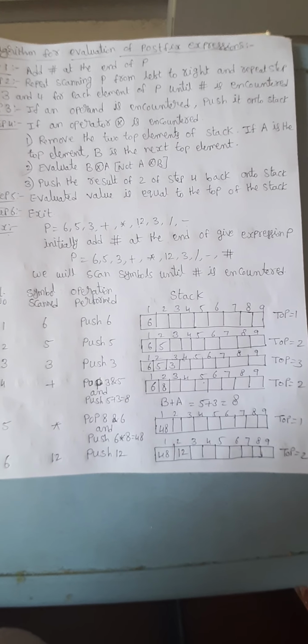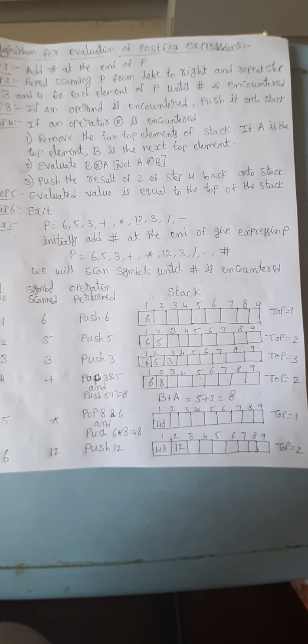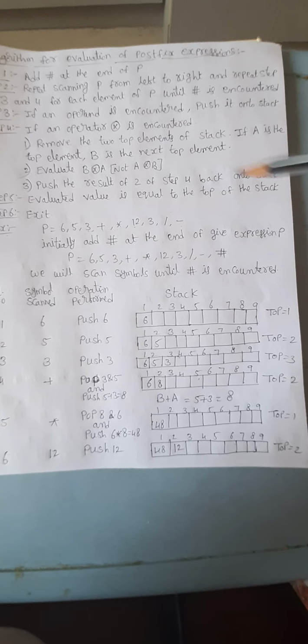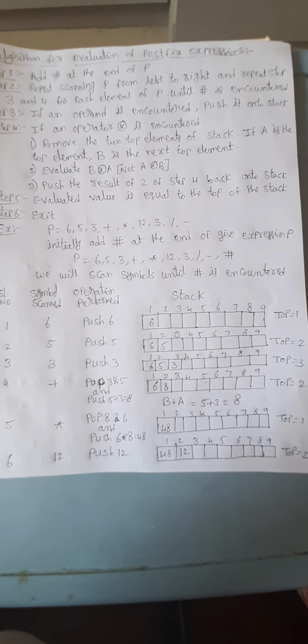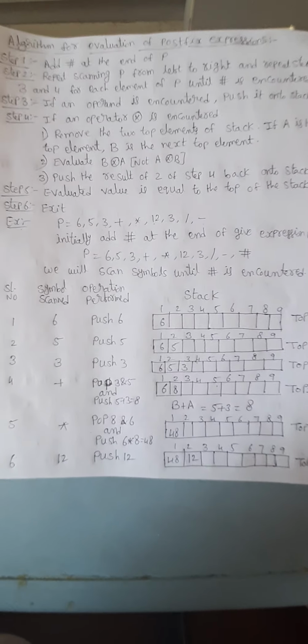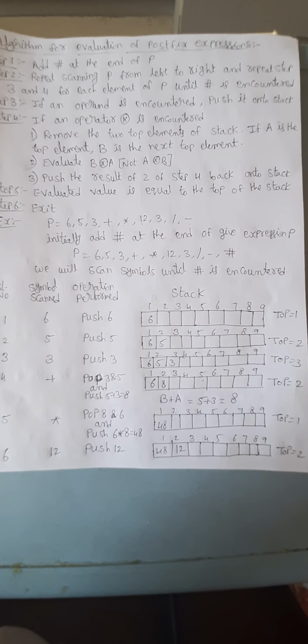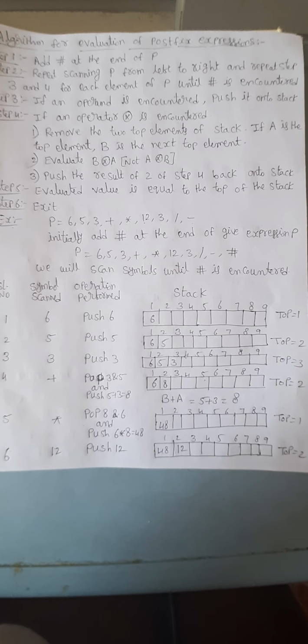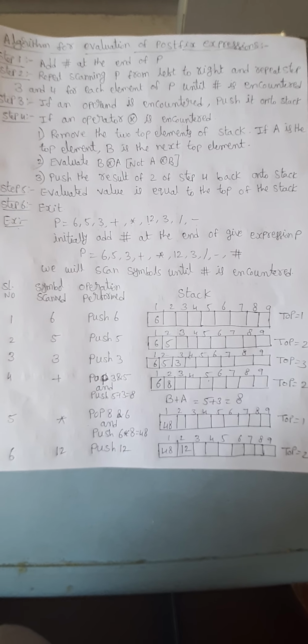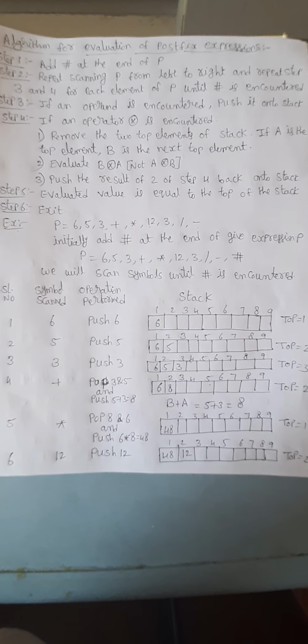A operator B. Then after that, we have to push that result, and again we have to go back to the beginning. Again we have to check whether any operator is present or not. If it is not an operator, if it is an operand, again we have to go to step 3 and push that operand onto the stack. Otherwise, if it is an operator, again we have to do this process. We have to calculate that operation, and after doing that we have to remove those values, and then again push the result.